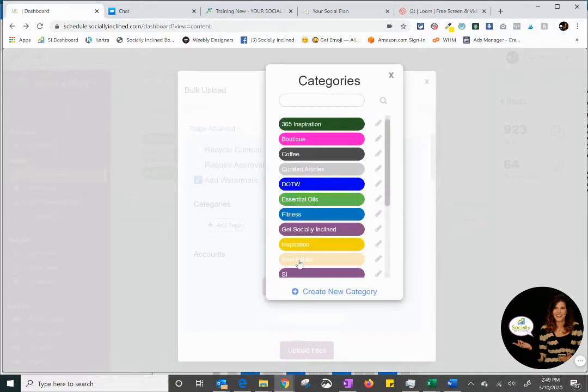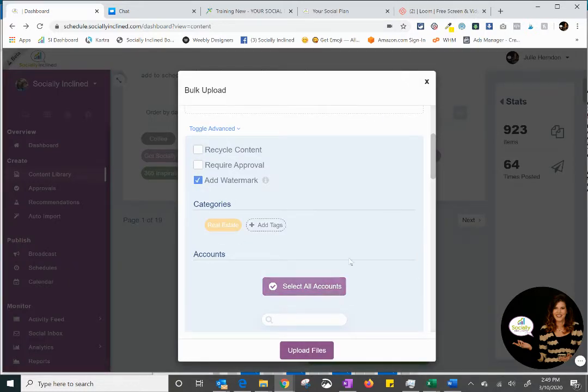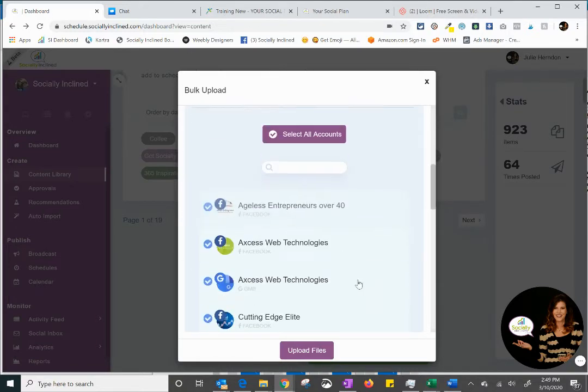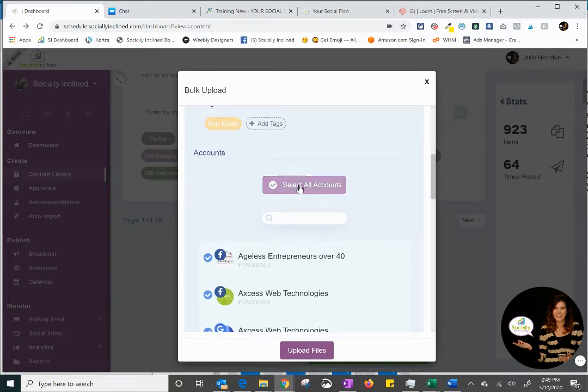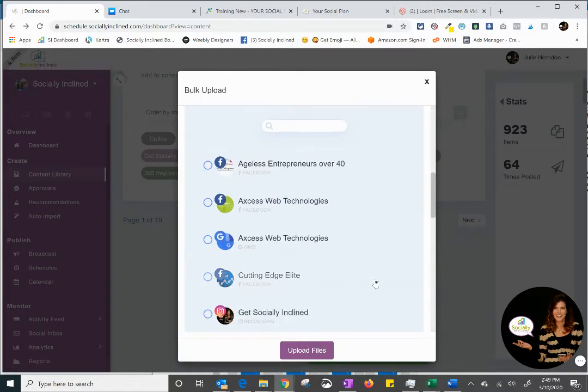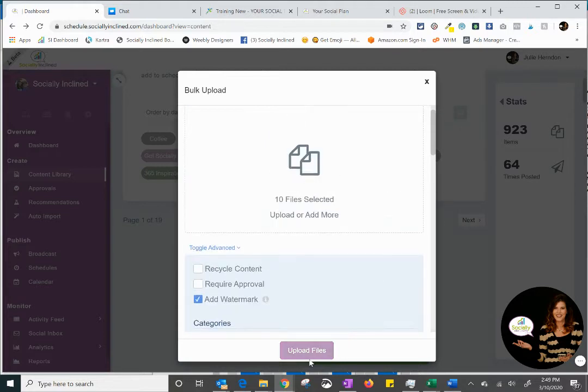All right, you'll see that now that is named real estate, so it is going to toggle to that real estate. And I can actually select what all accounts it will post to natively. You can always change this on the fly. So I'm actually going to deselect all of the accounts. You'll see that they just went off. All right, and then if I hit upload files,